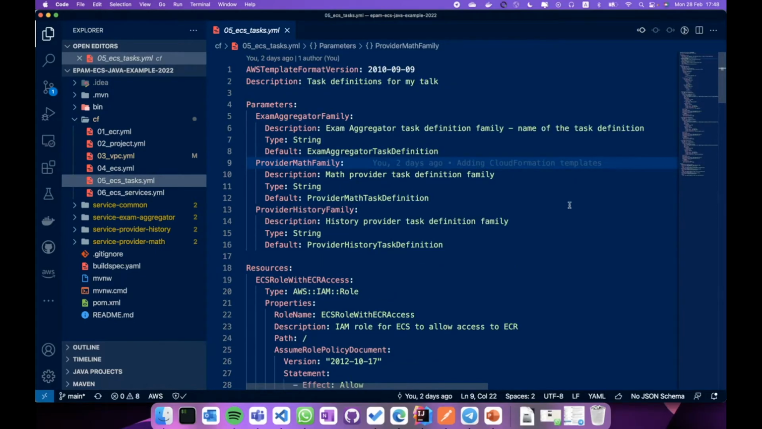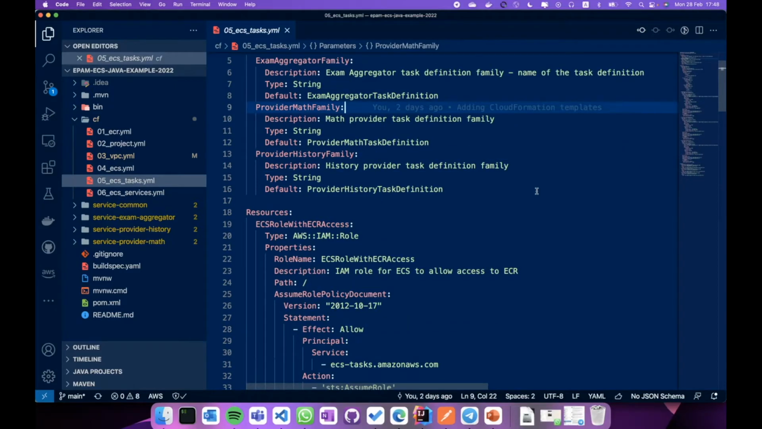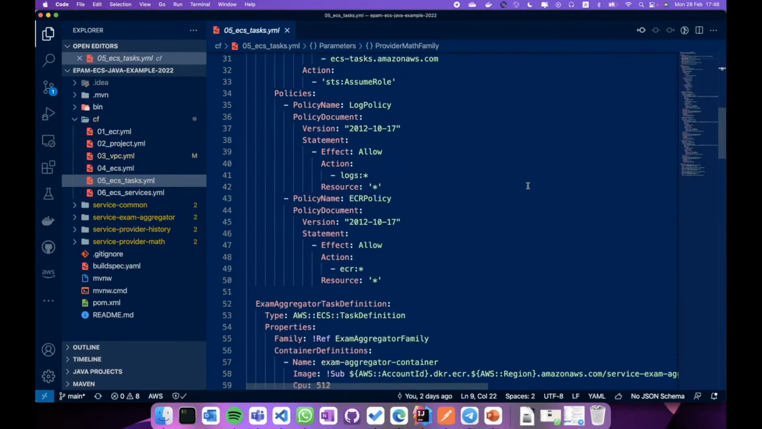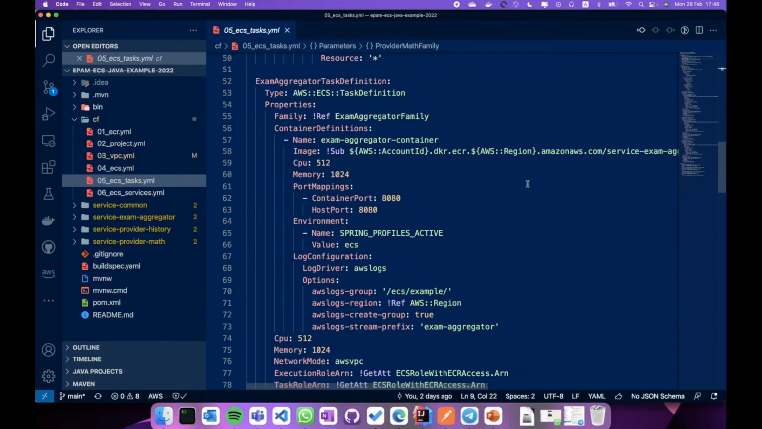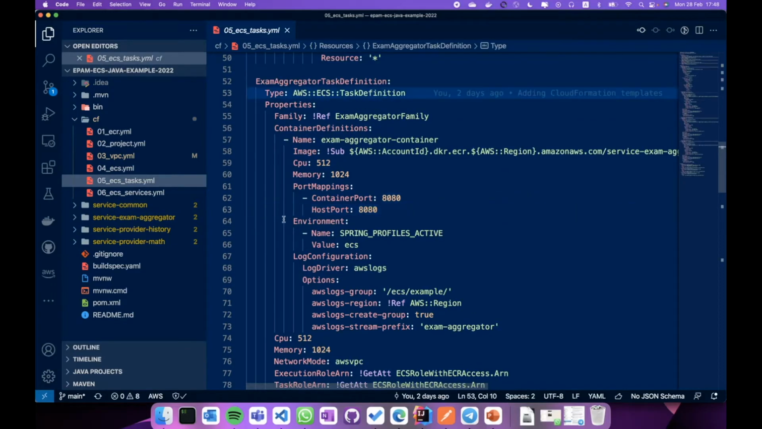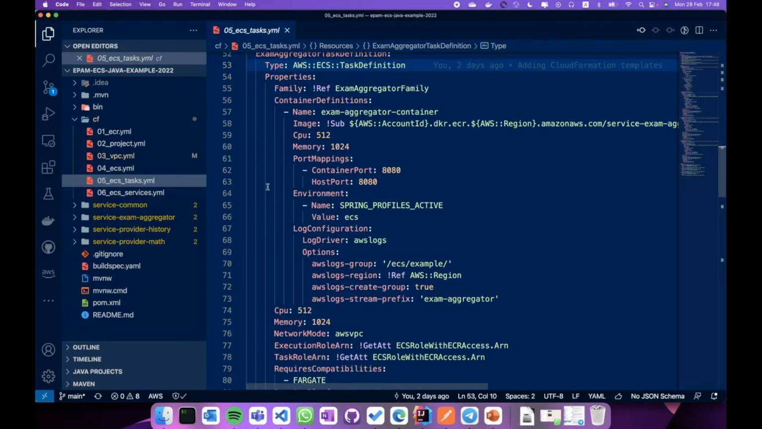So a task definition is the definition of my services, like a description of how exactly I need to create my containers. So this is the task definition. A task definition consists of a few parts, and the main part here is actually the container definition. So my task can